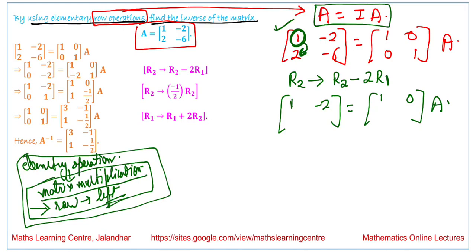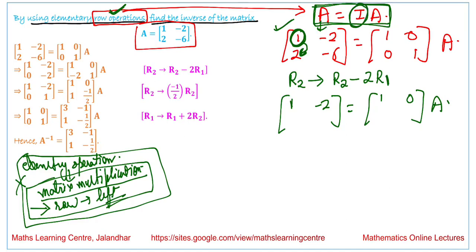We have discussed this in detail in separate videos for your higher classes, but at this moment we are not talking about this. We are just concerned with the fact that whenever we talk about row operations, we write A equals I into A. We reduce this A into the identity matrix, and the same operations we apply on this I.